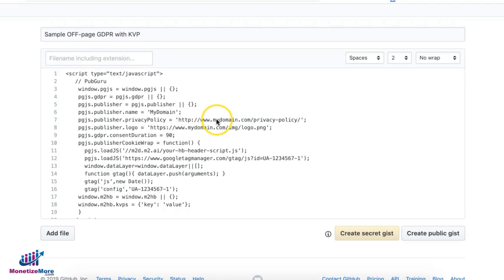So here's our sample script for off-page GDPR. You're going to put your domain name here, your privacy policy URL, and then of course you will have to upload or host your logo in your root domain and put the URL here. And then here will be your header bidding script, or the header script that will be provided to you by your MonetizeMore account manager. And then here you're going to replace this with your actual Google Analytics tracking code,